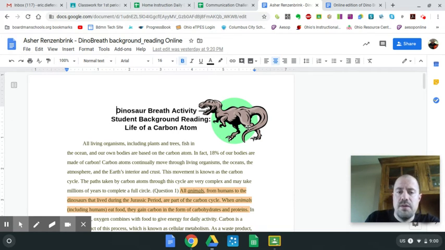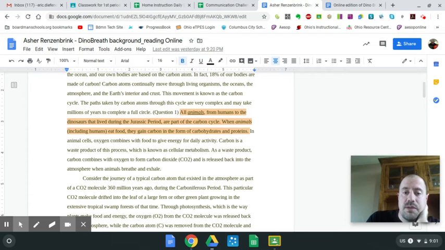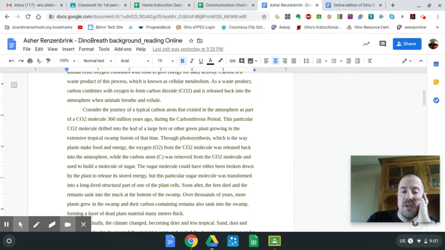Looking at the dinosaur breath reading activity, I wanted you to go through some of the questions we're asking about the carbon cycle. Specifically, paragraph 2 says which process was described. Well, if you're looking at paragraph 2, it tells you through photosynthesis and goes on to explain it. So if you go back to your PowerPoint, there are four processes, four parts to the carbon cycle: photosynthesis,